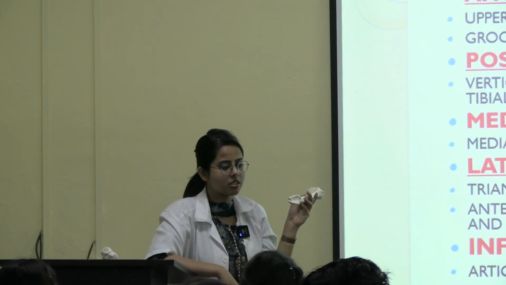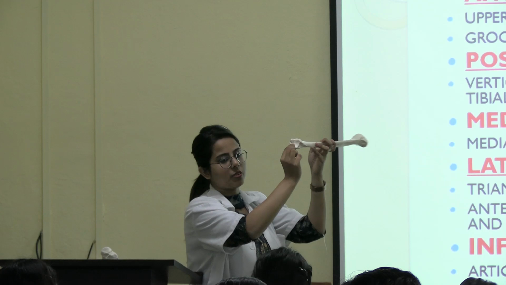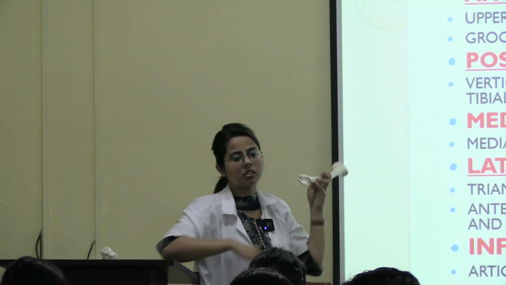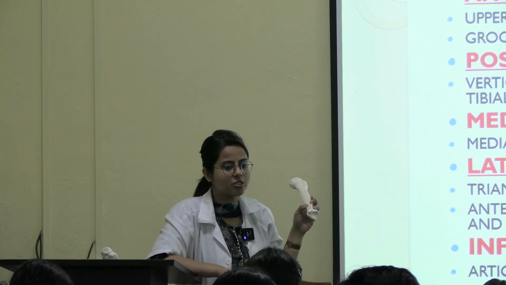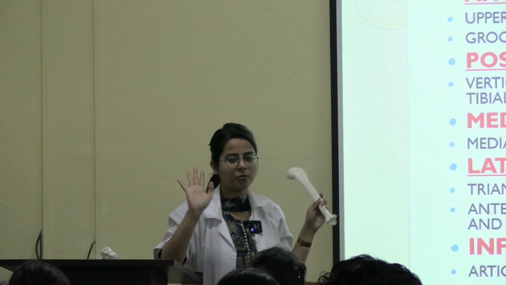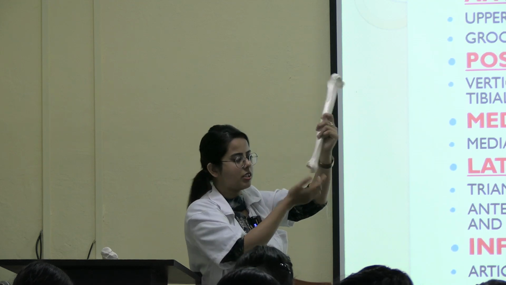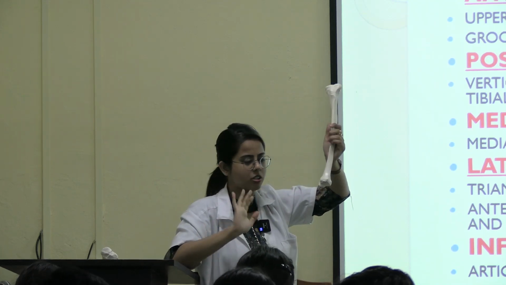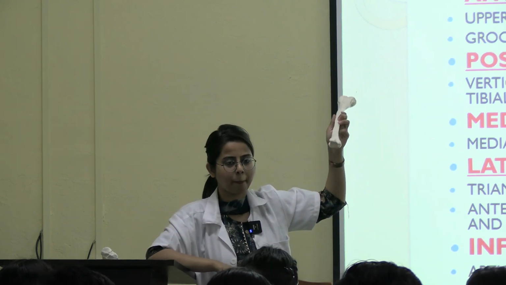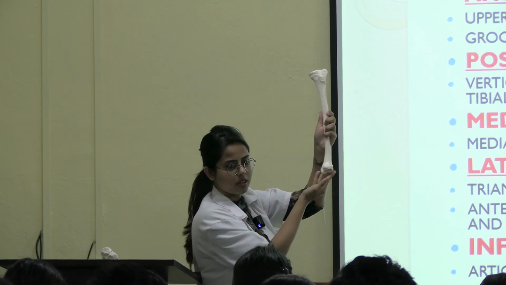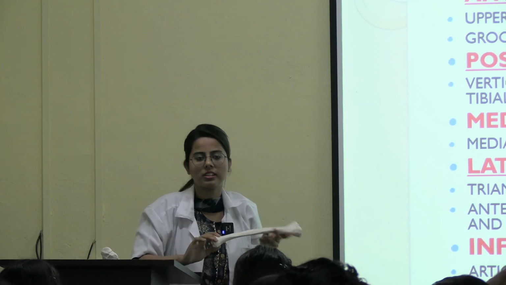You will not know about the talus because it's a bone of the foot. You will be taught in the subsequent classes. It will articulate with the body of the talus and form which joint? Ankle joint. Okay, clear everyone? Lower end surfaces: medially, you only need to know there is the medial malleolus. Laterally, you can see this triangular area, the fibular notch. Only this part you have to remember. This groove is for tibialis posterior, present in the posterior surface. So, tibialis posterior. Everyone clear till now?